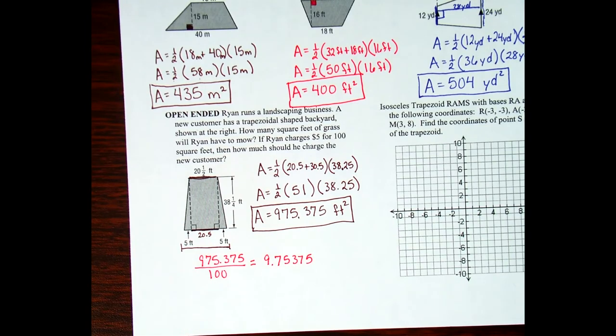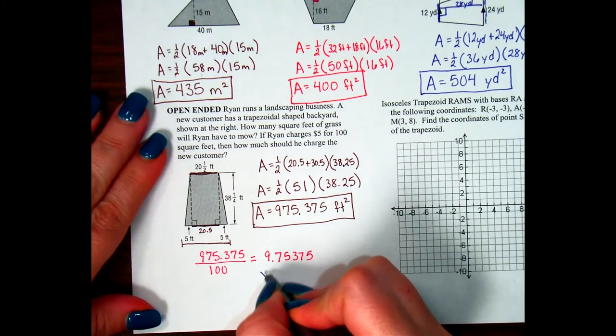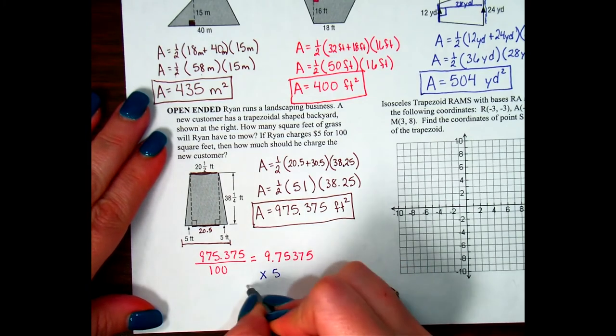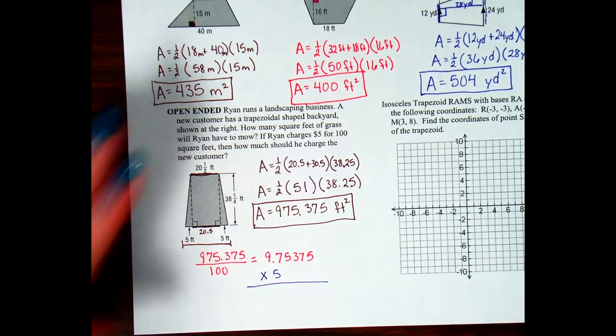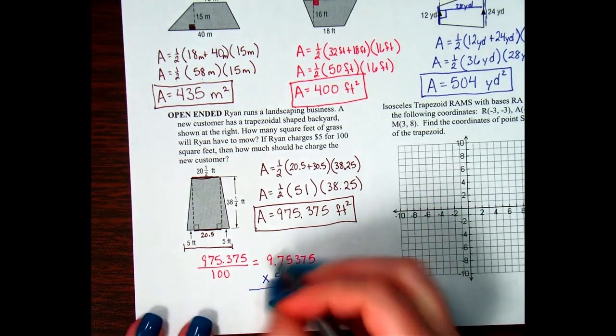Okay? So if you're like most people, you could probably just be like, oh, it's going to be 10, I'm just going to round that to 10, right? But if he wants to be super honest and stick with his rate, then he would say, okay, it's $5 for each one of those. So I'm going to multiply this answer by 5. So when I multiply that answer by 5, Ryan is going to get